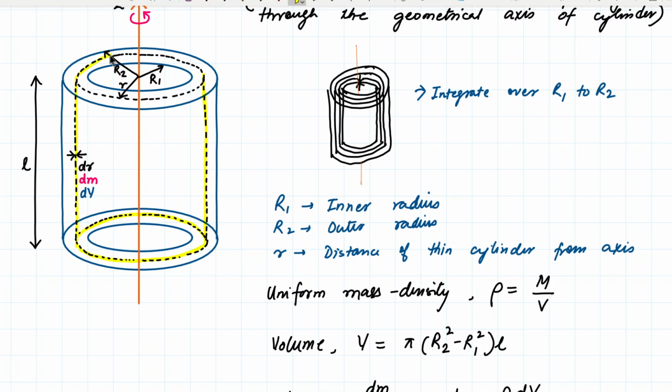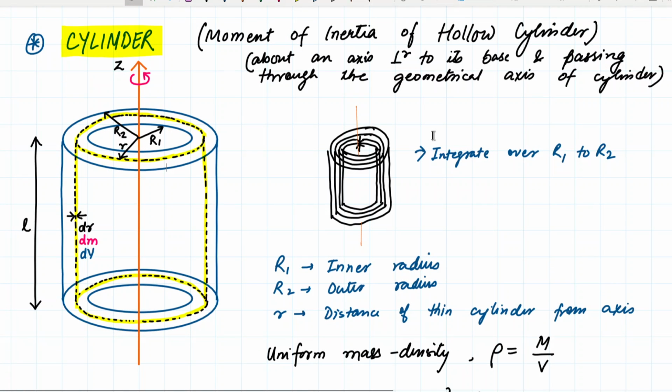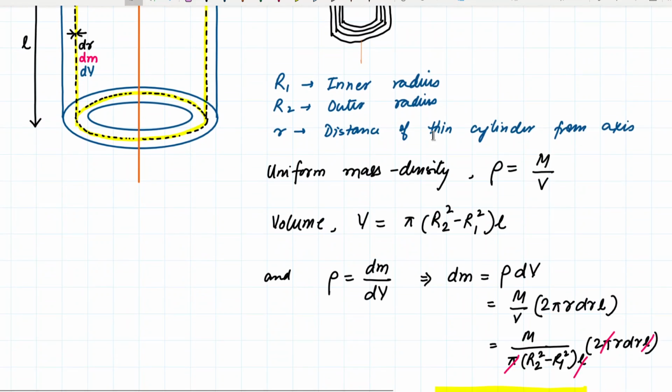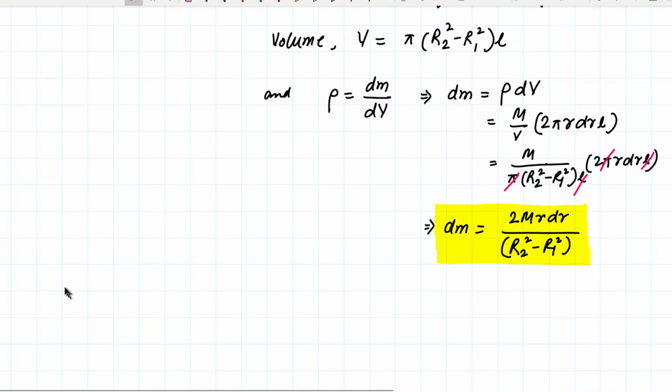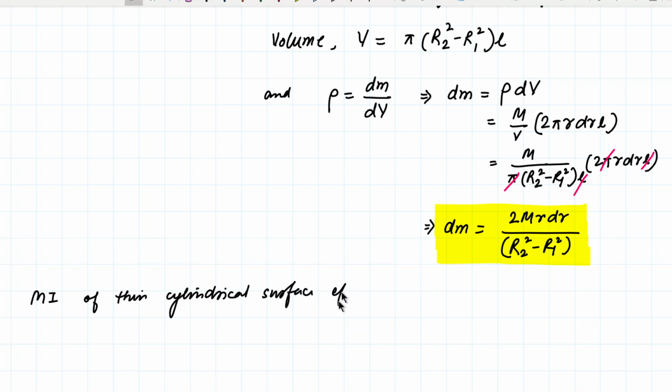This extremely thin cylindrical structure has a mass of dm. That's it. So now if I calculate the moment of inertia of this very thin cylindrical structure with respect to the z-axis, then I can simply integrate it over r1 to r2. That's it. So what is the moment of inertia of a thin cylindrical surface of width dr about